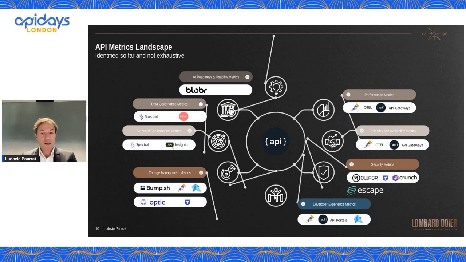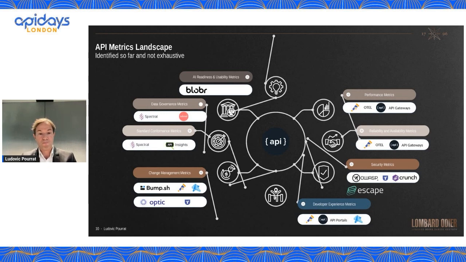But newcomers like Tribble and Escape can provide an assessment of how your OpenAPI and GraphQL endpoints behave in terms of security. And so I would encourage you to have a look. In terms of developer experience metrics, the portal telemetry will give you an error rate, as mentioned above, but Microcks is capable, if you upload the spec, of giving you a score and qualifying how many samples or documentation are in your spec, and providing a good idea of how usable it is